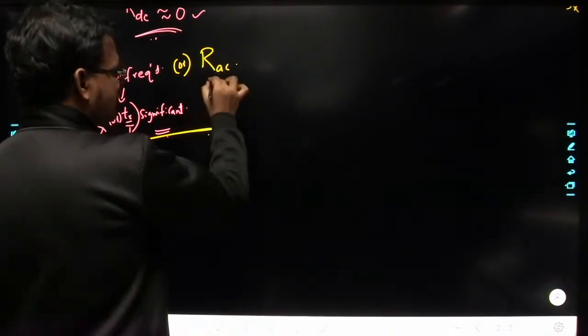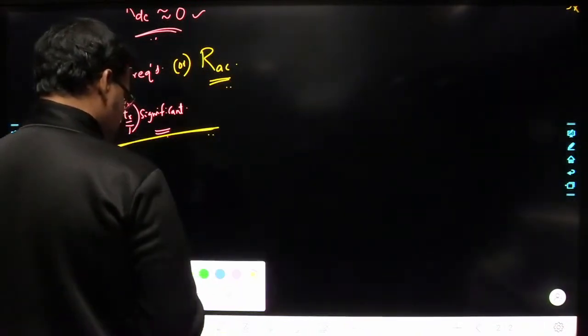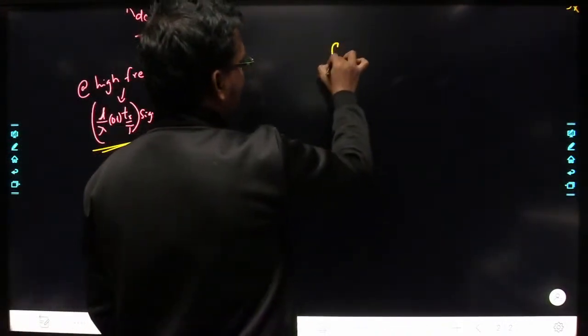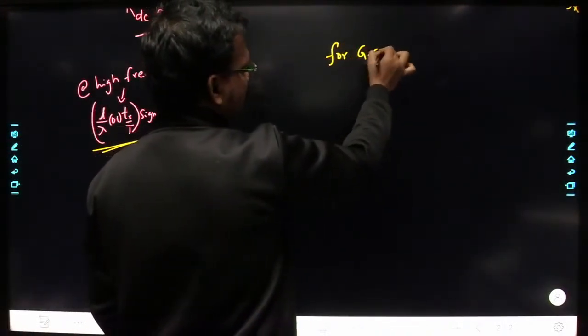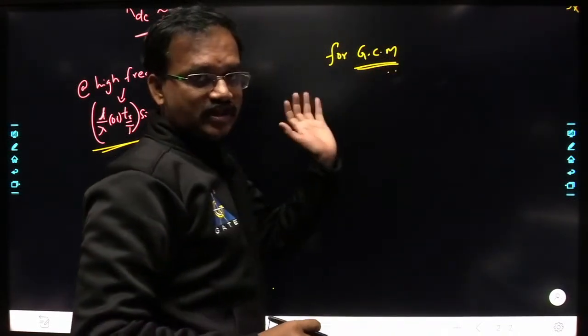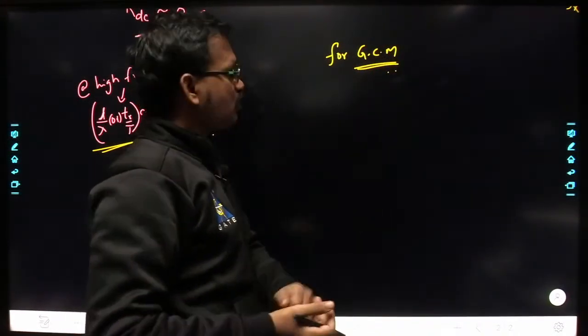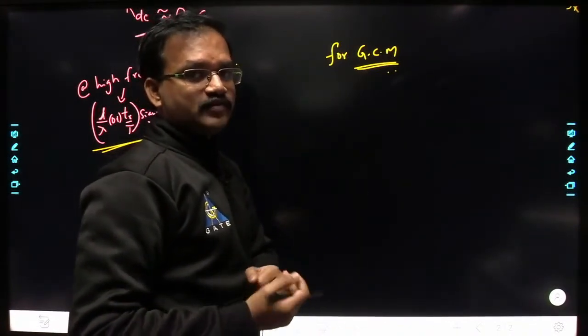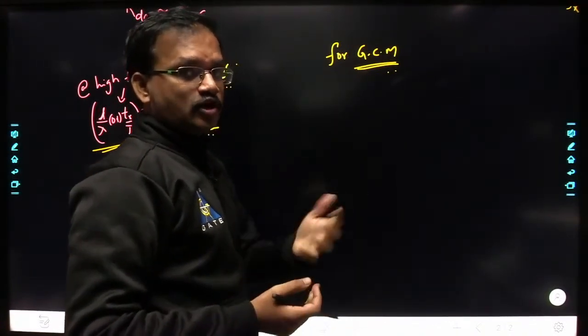So that is AC resistance. We know that for a good conducting medium, here we are dealing with transmission lines, which is a good conducting medium. Yes or no? So in general, for a good conducting medium, while studying uniform plane waves, you would have studied